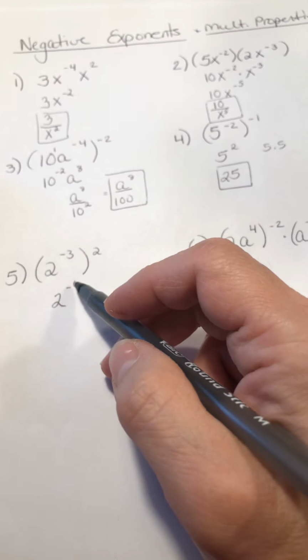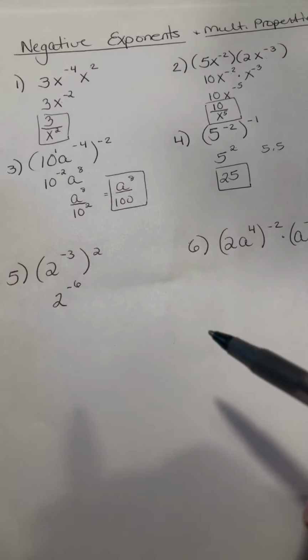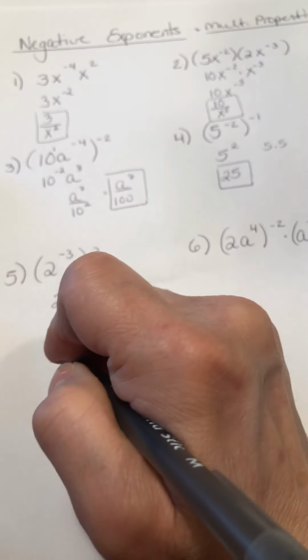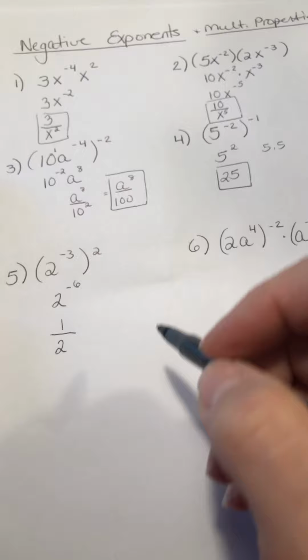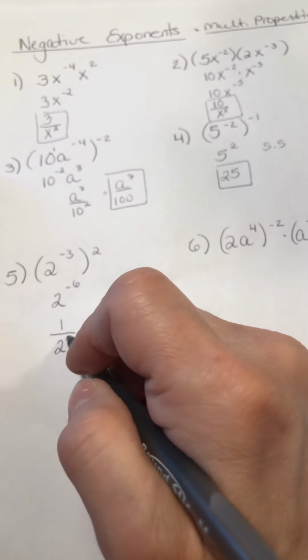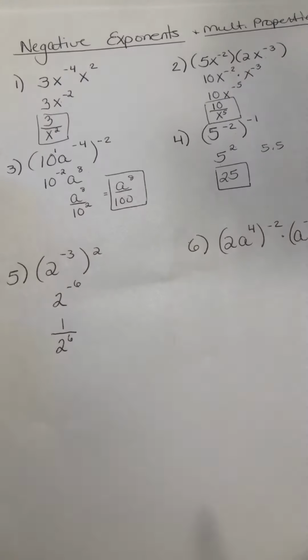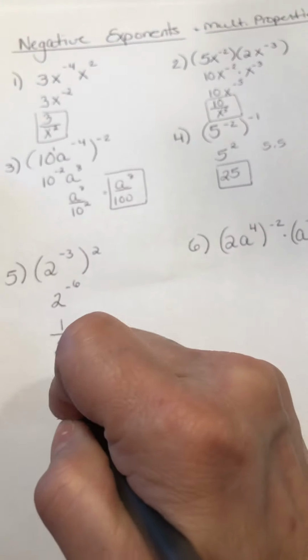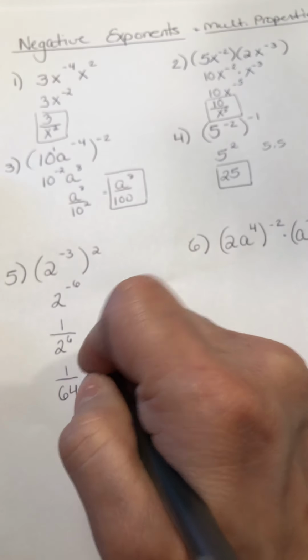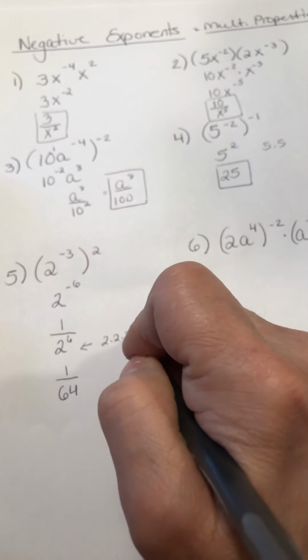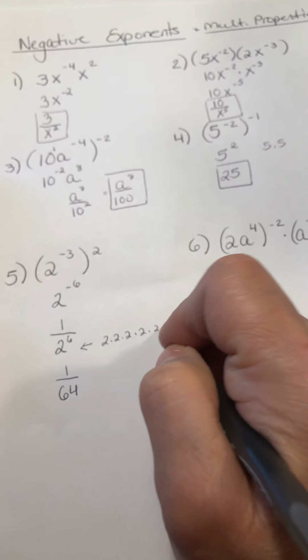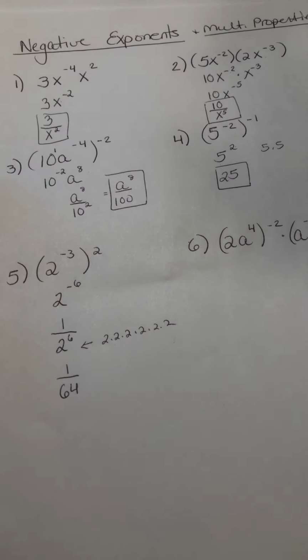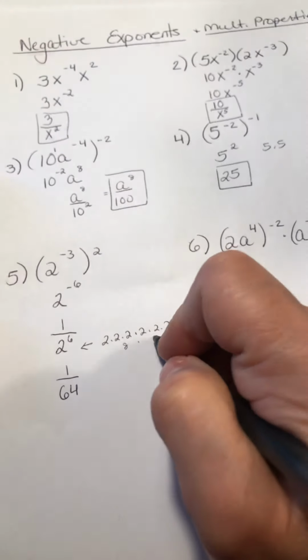And again, not leaving that negative exponent the way that it is, we are going to move that 2 to the denominator, and the negative 6 is going to become a positive 6. So we have 1 divided by 2 to the 6th, which is 1 divided by 64. Remember that that is like saying 2 times 2 times 2 times 2 times 2 times 2, or 8 times